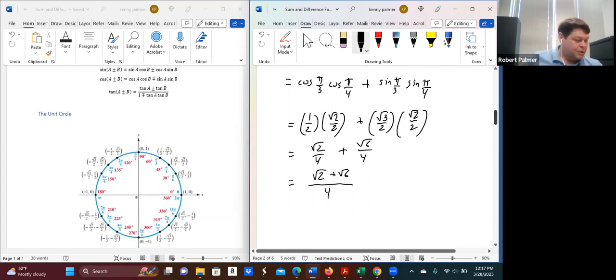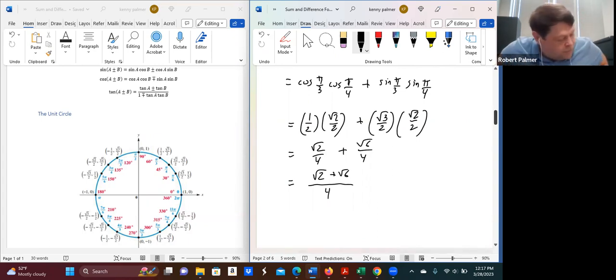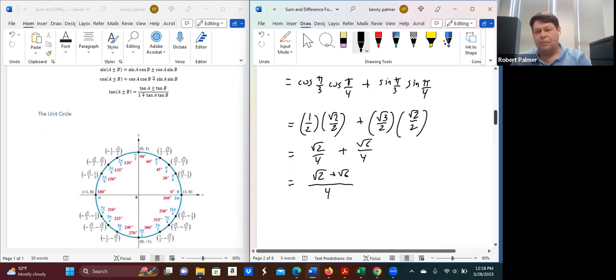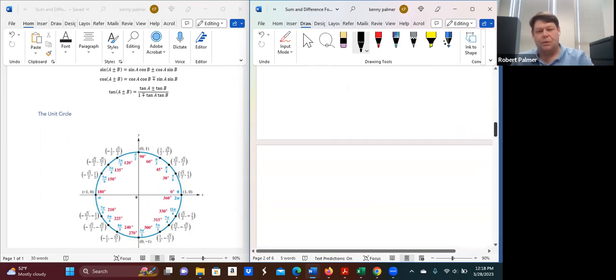Now, let's do a couple more. Let's take a look, just going down to the next page. Now, let's just practice these in a slightly different way. All right, so what if we have this? So let's say we have